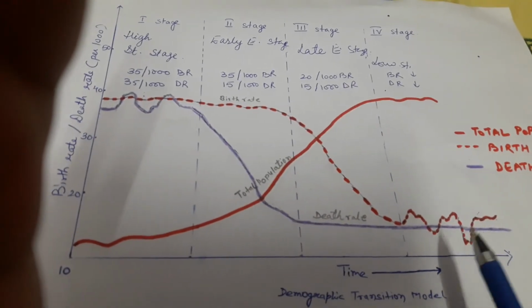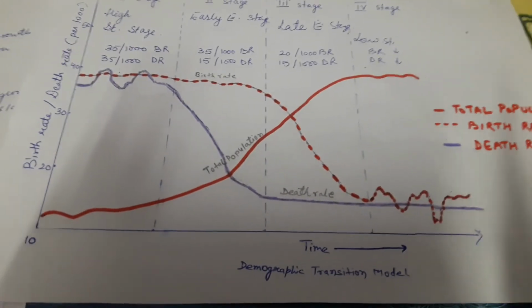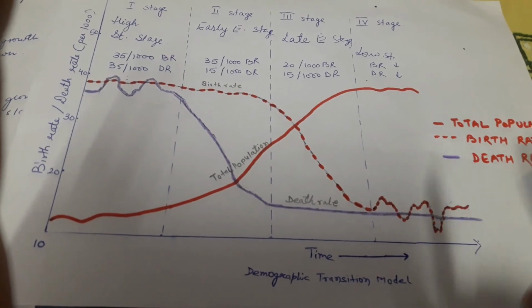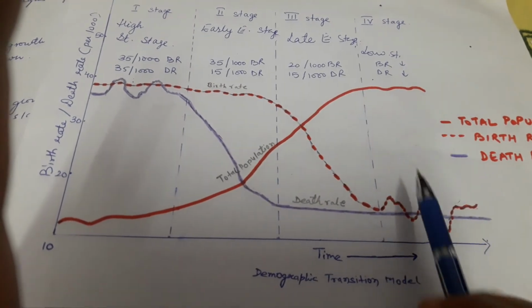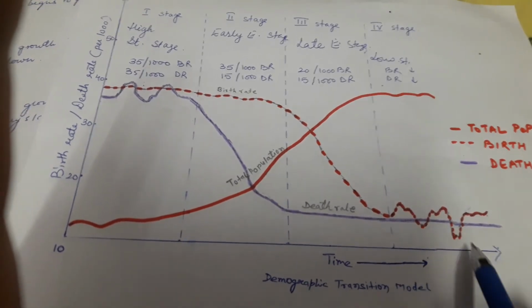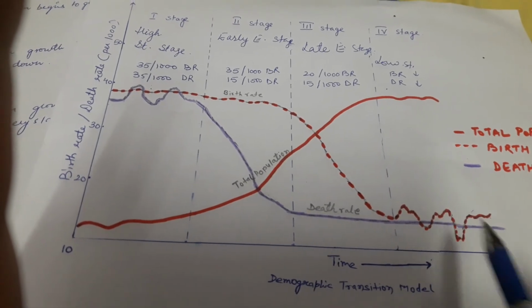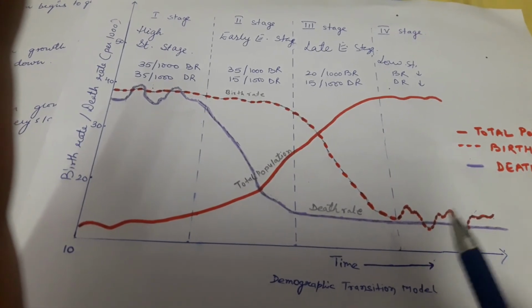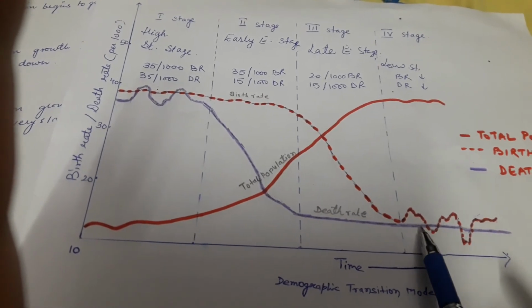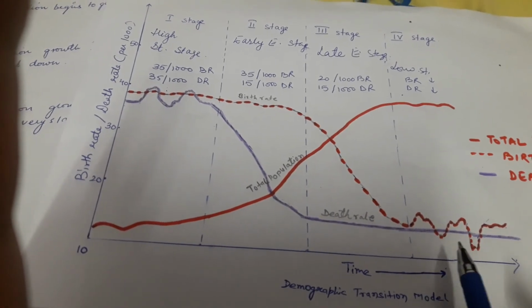Because of this, and also the medical facilities are very nice. They are at par standard. Because of that, the death rate has fallen and the birth rate has also fallen. They are into very small families, nuclear families, limited population increase. Because of that, the population growth has stabilized, it's decreasing.